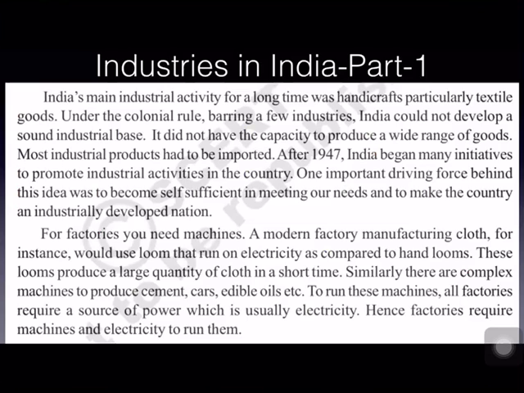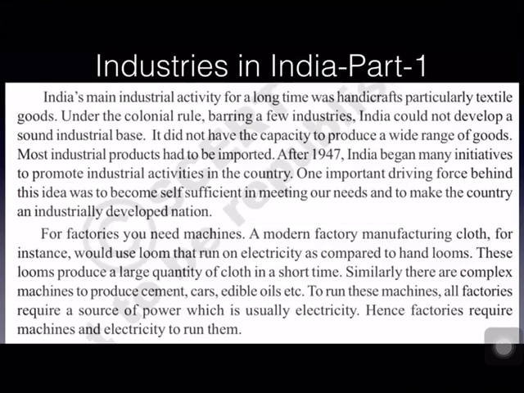The second one is the industrial sector. If the industrial sector is well developed, it leads to the development of the nation. It indicates the nation's development. The more the industrial development, the more will be the nation's development. And the third sector is the tertiary or service sector. If this sector is well developed, it shows modernization of the economy.